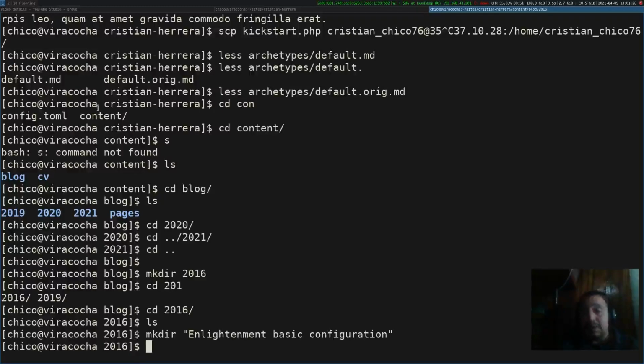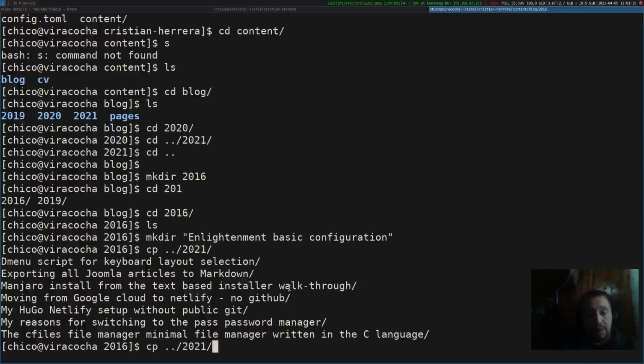But since I am lazy and I don't want to type a command with all these white spaces and stuff, I copy one of my old articles. So let's take the